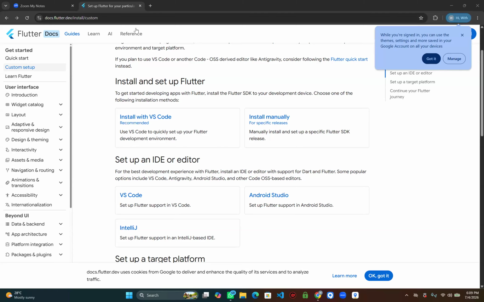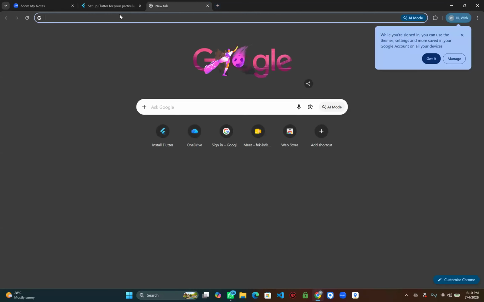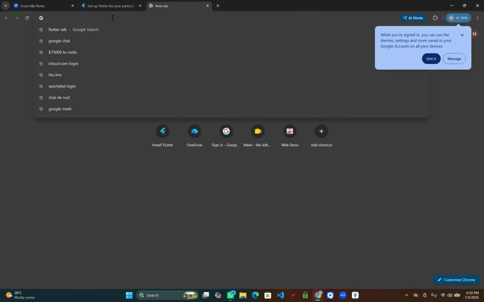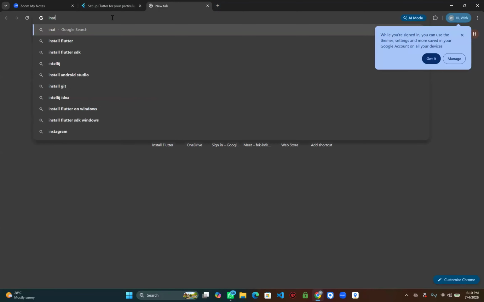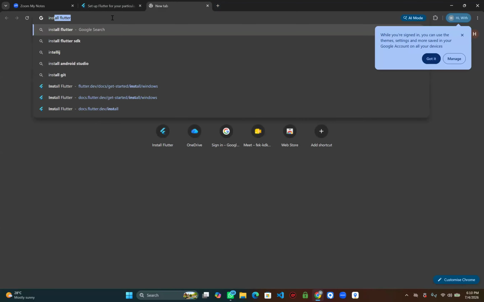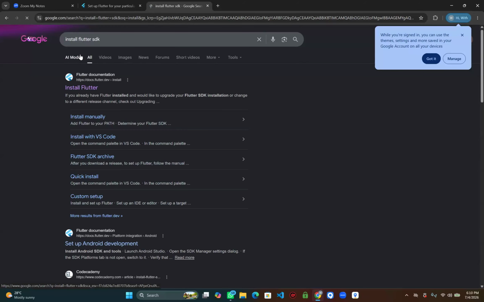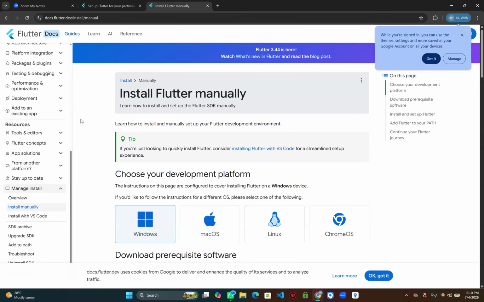So go back to your Google and type install Flutter SDK. Have you done it? Under install Flutter, you see install manually. Yes. Click on install manually.